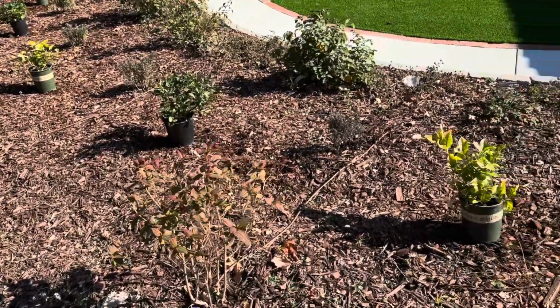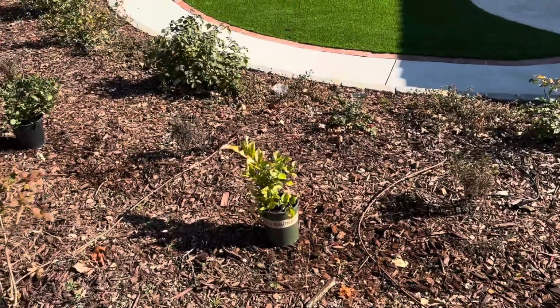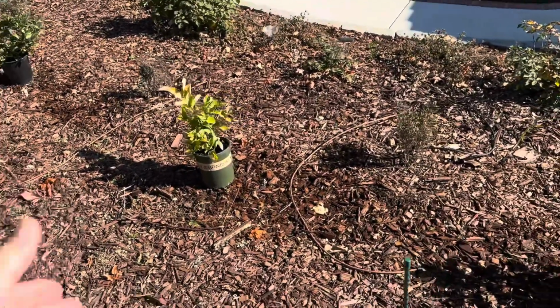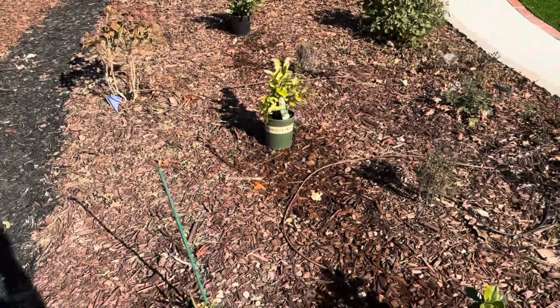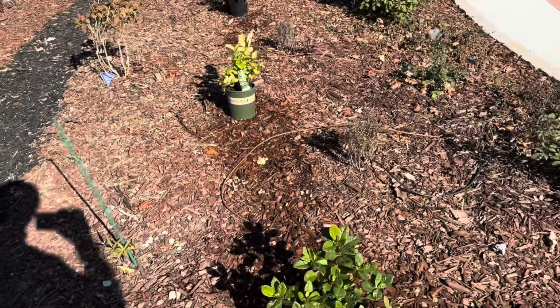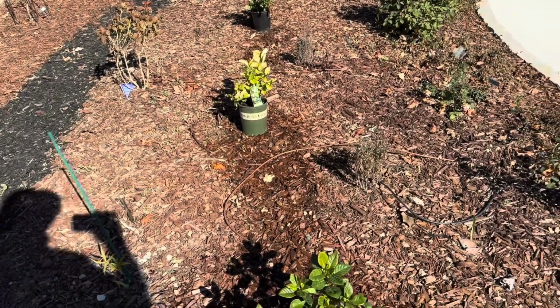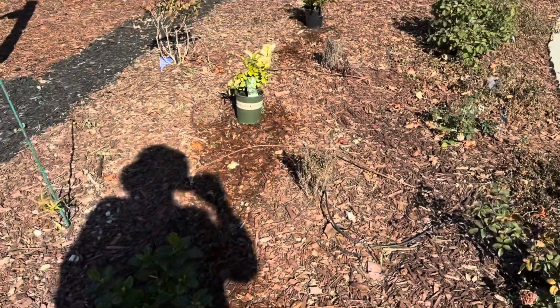Well, then I noticed the space in between where these are going to be and where those lavenders are. Eventually it might fill up a little bit, but that's going to take a few years for the Chitalpas and the princess flowers to get big enough. So in the meantime, I thought I should get something pretty and evergreen that would go in those spots. And then that's when I saw these,